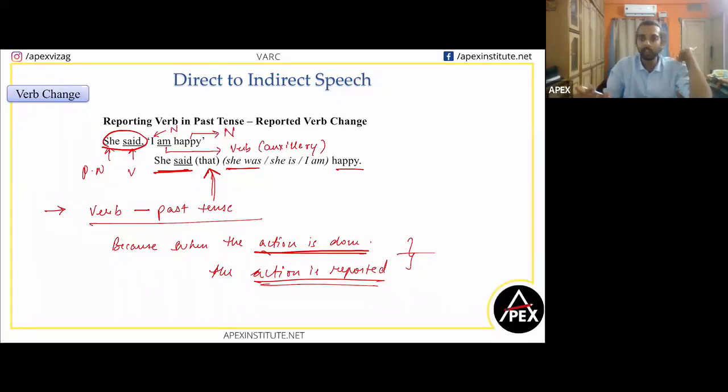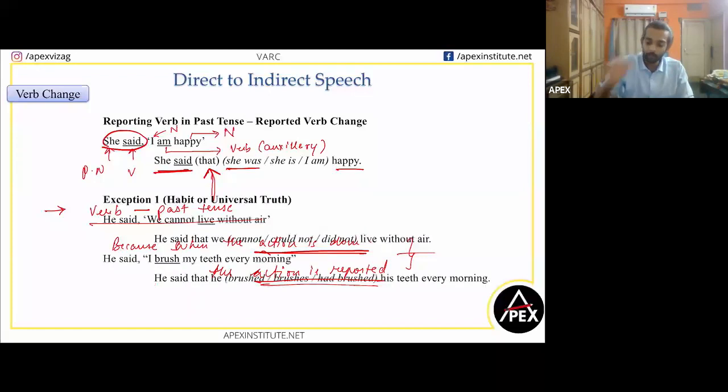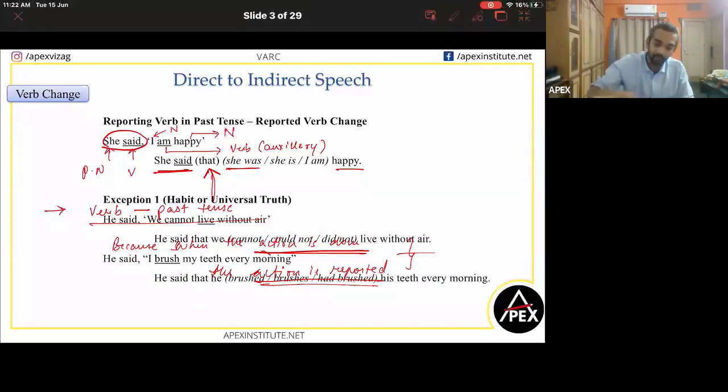Is this logic clear? See, I don't want you to remember these as rules. If you remember them as rules, there'll be a lot of rules. Grammar is full of rules. Okay, I really don't want you to remember them as rules. Logic తెలుసుకొని దాని మీద మనం ఫౌండేషన్ బిల్డ్ చేసుకుందాం. ఓకే కదా? Yeah, alright. Next, there's one exception, however.